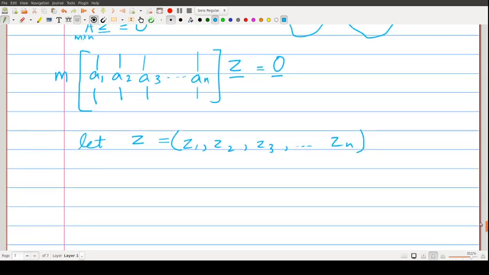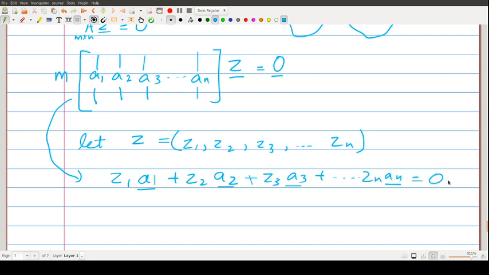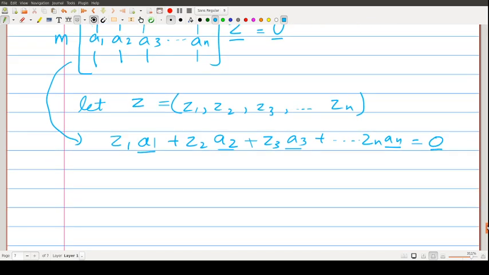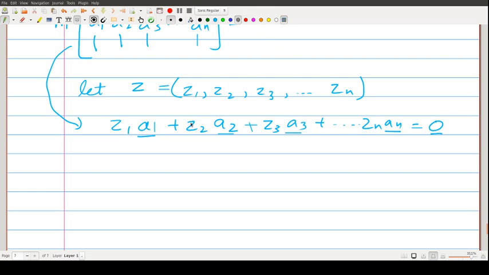I can rewrite this as a linear combination: z1 A1 plus z2 A2 plus z3 A3 plus dot dot dot zn An equals 0. And this is just saying that the linear combination is 0, which is closely related to the idea that this equals 0 has a trivial solution